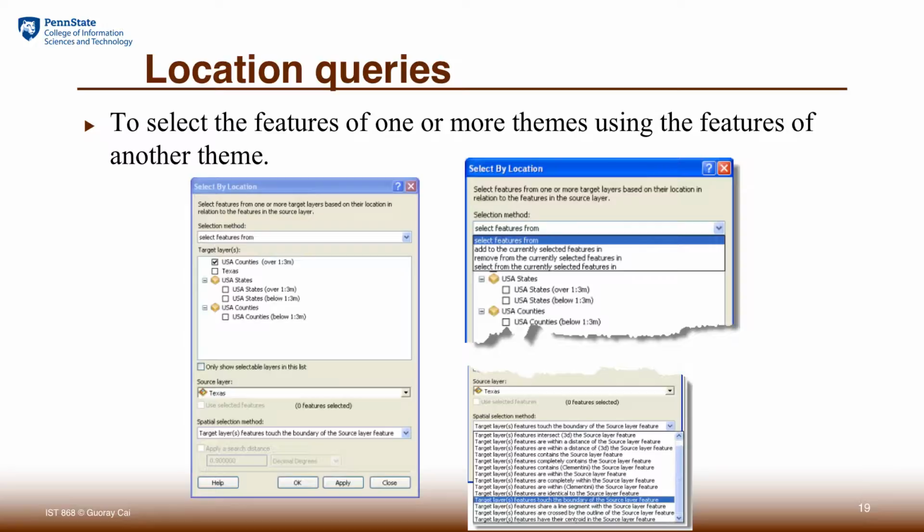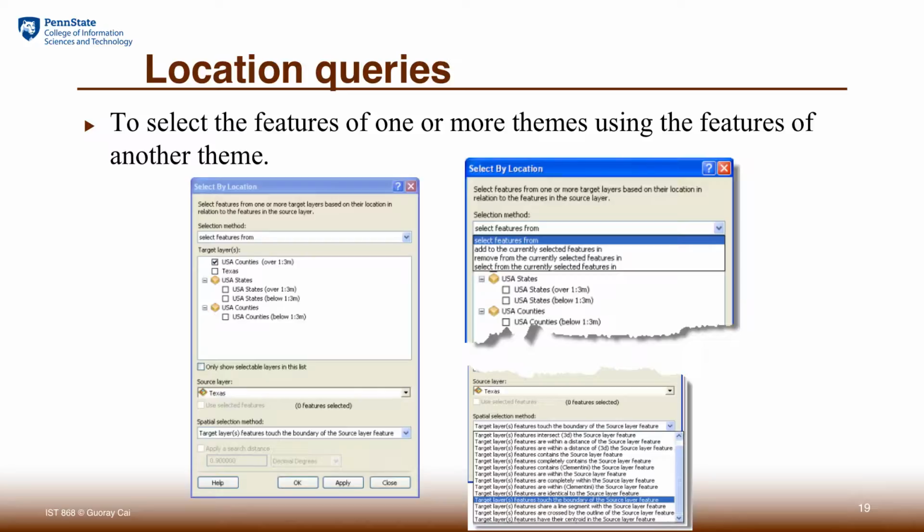Here we show that the dialog box on the left shows the select by location dialog box. When you start this dialog, basically you indicate what is the target you select features from. So you have the choice of indicating which features in the map you're going to select as a target. And the second choice you can make is the source layer, providing the area of your interest.